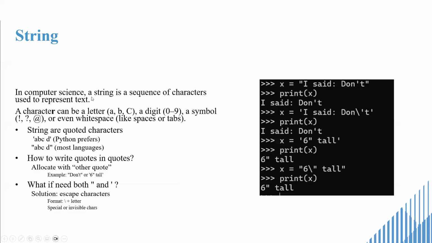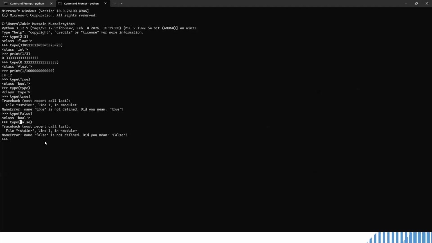A string is a sequence of characters used to represent text. For writing a text, we will say string. While you are having like print, if I say whatsoever, even dot is also counted. So if I write here, it will give me here. If I say type, oh, why is there an error? Because I have not put quotation here. So it is giving you a string. So whatever you write, whatsoever is a statement or something, it's called a string.